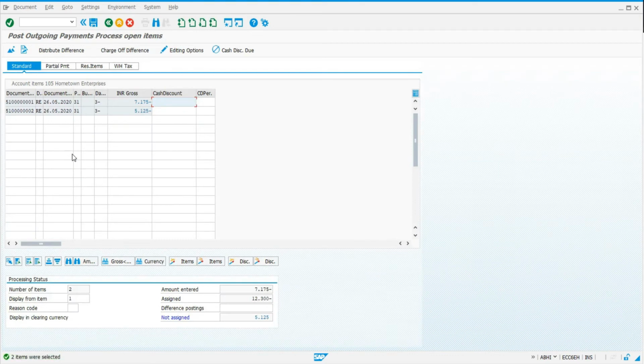Here you can see we have two invoices pending against vendor 105 for payment. But in this case, we want to issue payment for only the first invoice. In the INR gross column, you can see both invoice amounts are in blue color. It means both are active, and the assigned amount is the total, the sum of both.